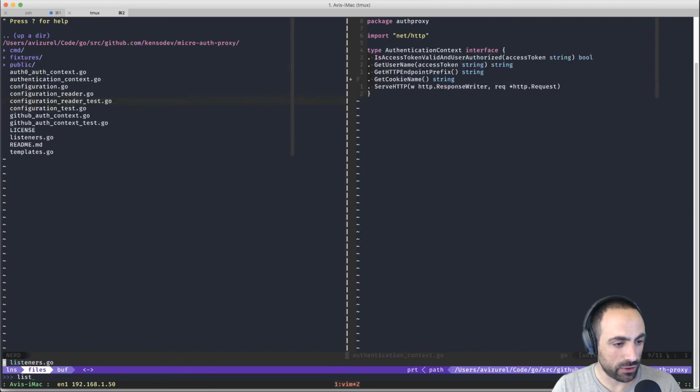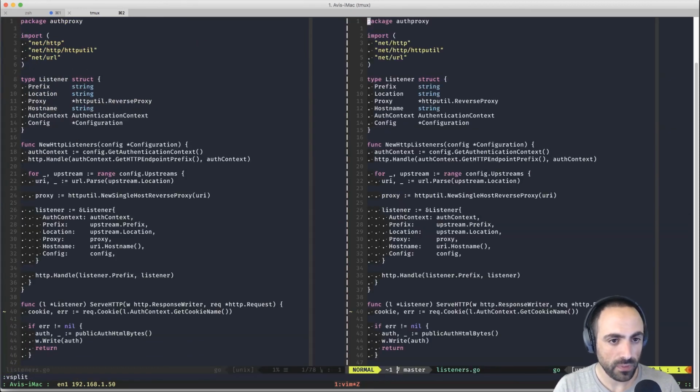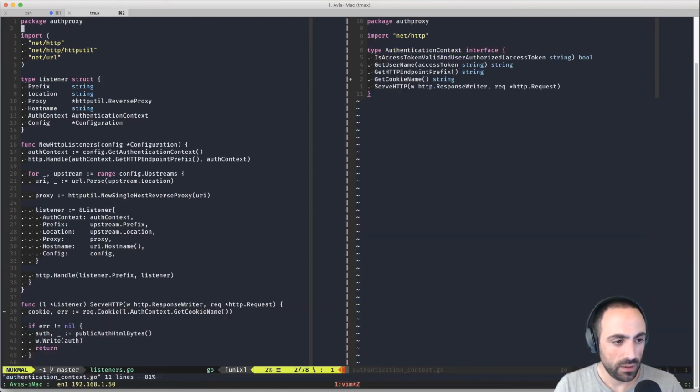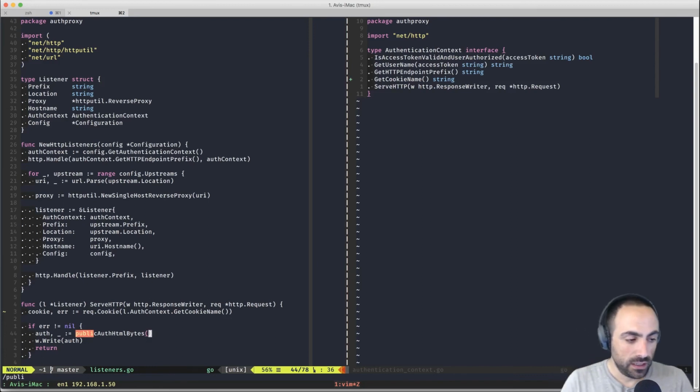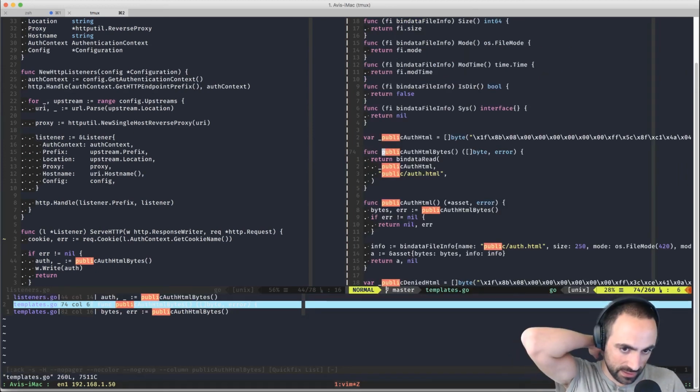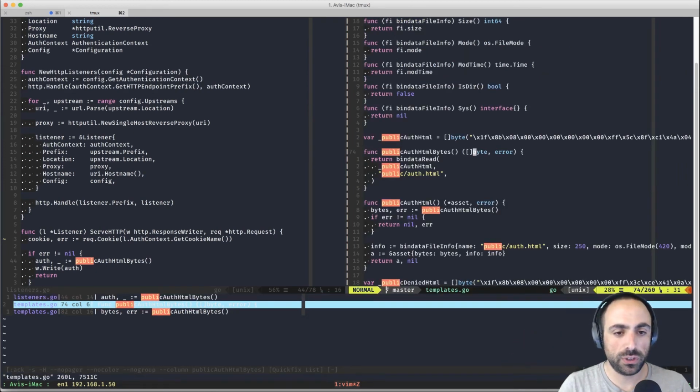Great. So what do we do here? So in listeners, what we need to do is move this thing, the public HTML and bytes here, which is basically a compiled Golang bytes of our context, of our login page. So if I go ahead and do that, you can see that here. This returns bytes and errors, and it actually returns the public authentication HTML, which is here.